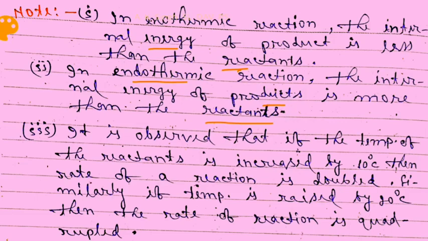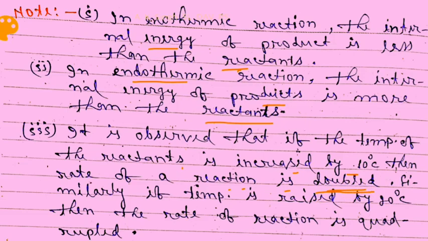That you have also seen in the graph. Third point, it is observed that if the temperature of the reactants is increased by 10 degrees Celsius, then the rate of a reaction is doubled. Means if the rate of reaction is, suppose, X at 80 degrees Celsius, then the rate of reaction at 90 degrees Celsius